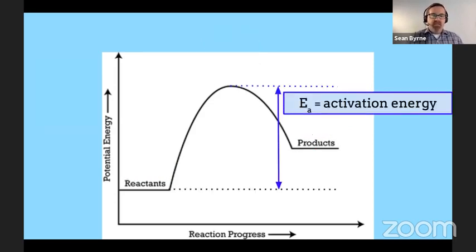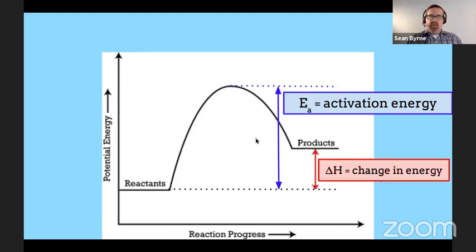And so if this graph is given to us, and we'll see a couple in a minute, where the scale is very specific and we have numbers on our y-axis, we can calculate the activation energy by subtracting the energy of the reactants from the energy at the top of the curve. The activation energy would be a subtraction: how much energy did it have to begin with, and then we subtract that from this energy up here.